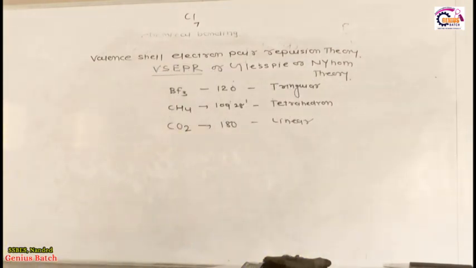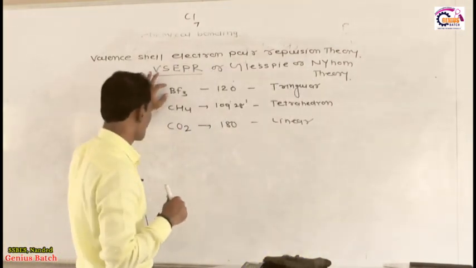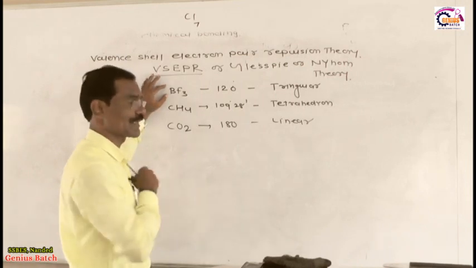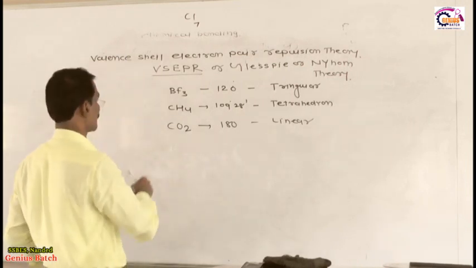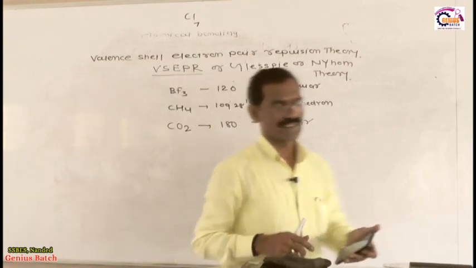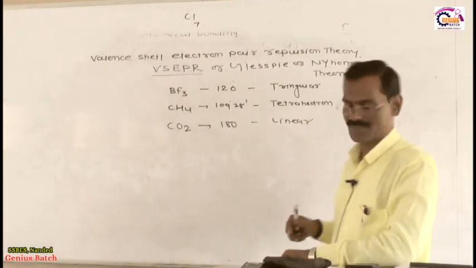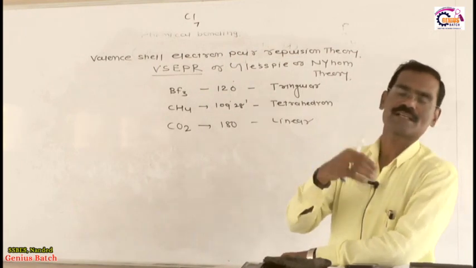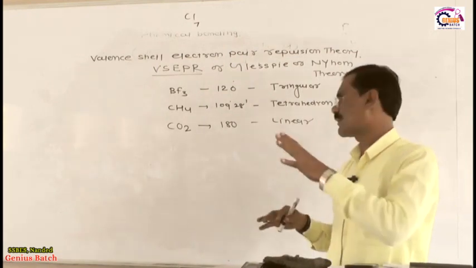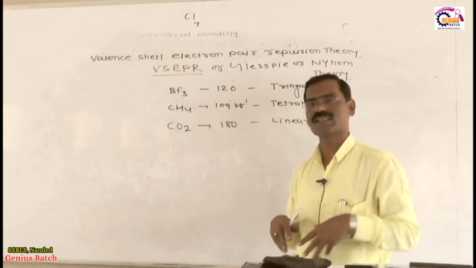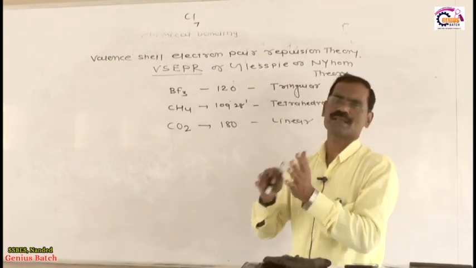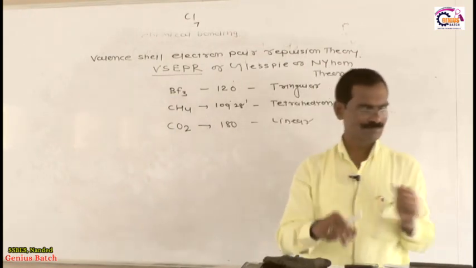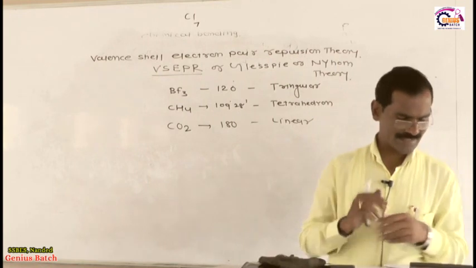So keep in your mind, if the central atom has all bonded pairs without lone pairs, along with identical atoms, then what happens in this case? The shape of this molecule is symmetrical according to this concept. These are the three molecules in which the central atom doesn't have any lone pair and identical atoms are attached to each other. Now see the second one, important second one.